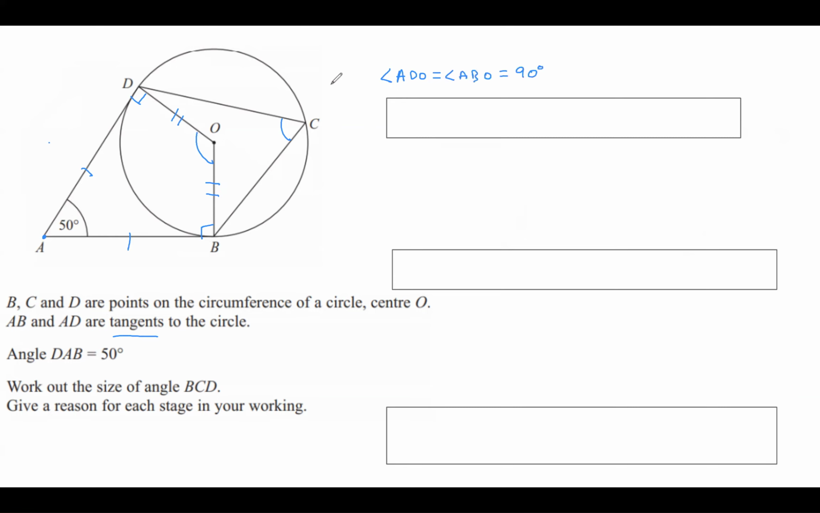And then you need to state your reasonings because it says give a reason for each stage in your working. So the radius meets the tangent at 90 degrees. That's going to be my reasoning. And then I can go ahead and work out this angle here. So the angle at the center, so DOB, so angle